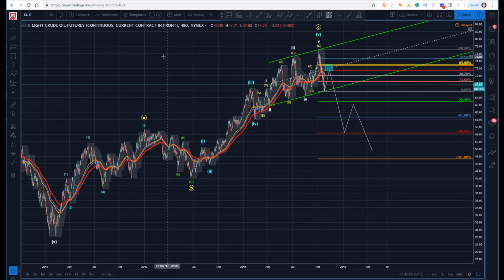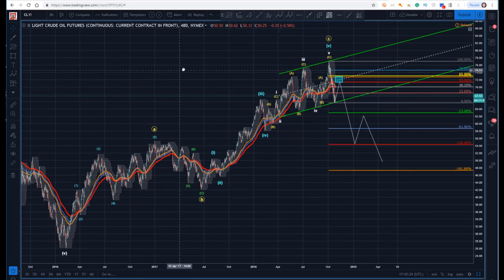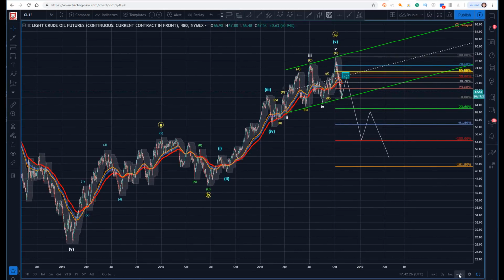All right, so that's the advantage of Elliott Wave, is that we organize the chaos, we put it into pattern, we look for these probability zones. And that allows us to identify when we're wrong, i.e. if we got a bounce off of this and we're going to continue higher, then obviously this count, I've got it wrong. So that's the benefit here, but I guess I'm trying to use that as a segue to look at this